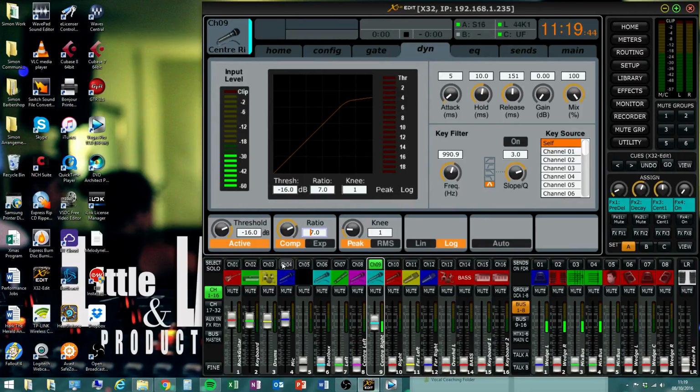Okay, if you're doing live sound, I would say it is vital that you use it. Absolutely vital. If you've got singers in a gig, you stick some compression on, possibly even on your guitars, possibly on quite a lot of stuff. Drums really do well with compression. If your drummer during a sound check, and I'm saying drummers because this generally happens, if your drummer during a sound check